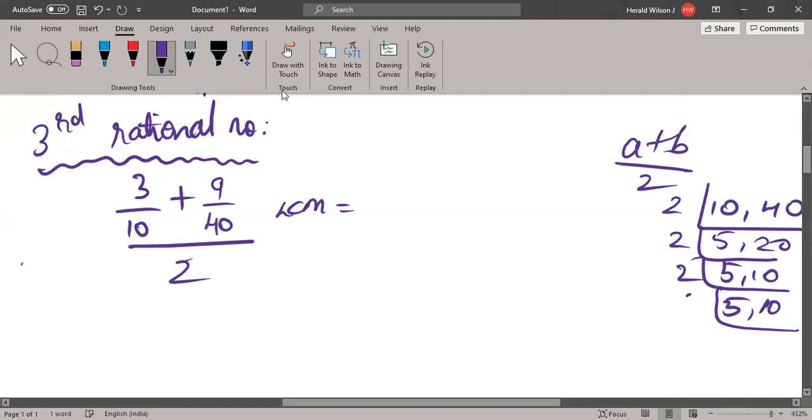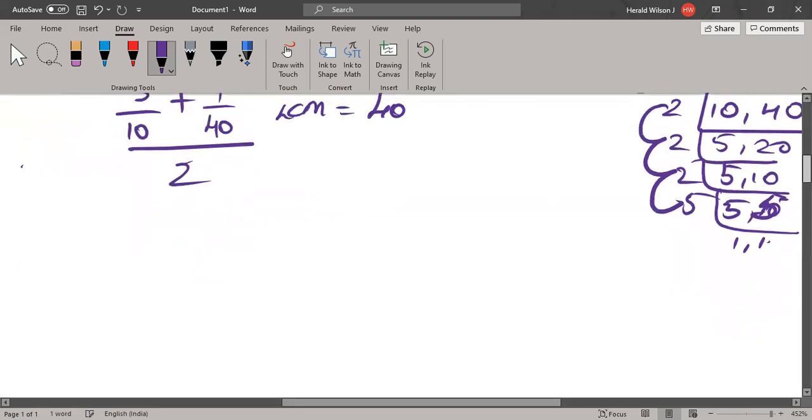So now this will be nothing but 5. Then this is 1. So now 2 2s are 4, 4 2s are 8, 8 5s are 40. So LCM is 40. So now next what you will do is 3 by 10 into